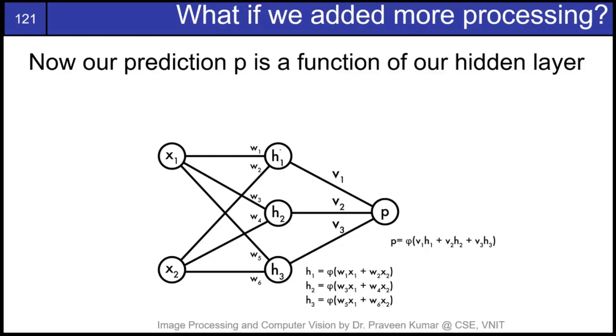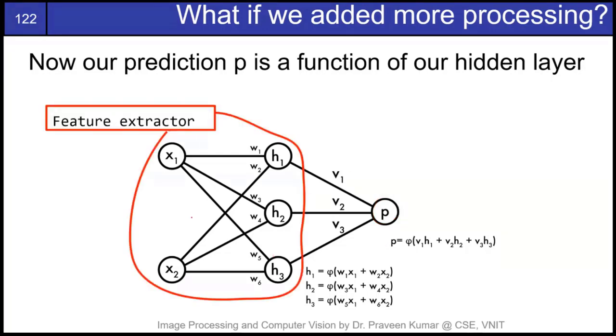And then using those hidden value nodes, or new features that we have learned, we can use a linear classifier and make a prediction. Assuming there is only one prediction, we have just one node, but if you have multiple classes, then we'll have multiple nodes. So this kind of simple neural network that we see here,